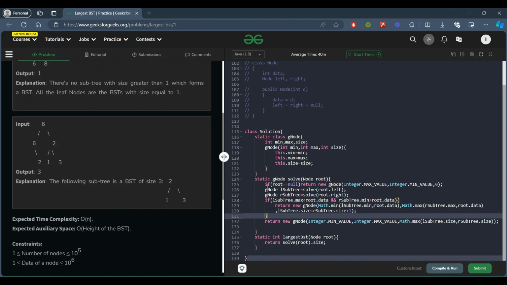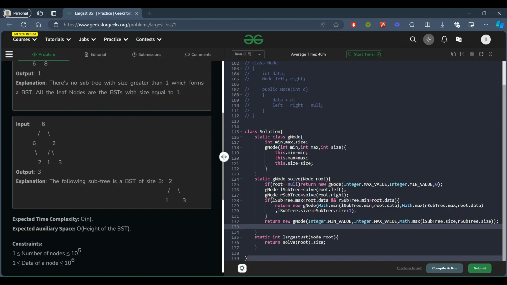So before ending this video, I will just explain how this is working. Every time we get a null value as the root, we will return its min value as max, and max value as the min, such that we can later on get to the exact values.